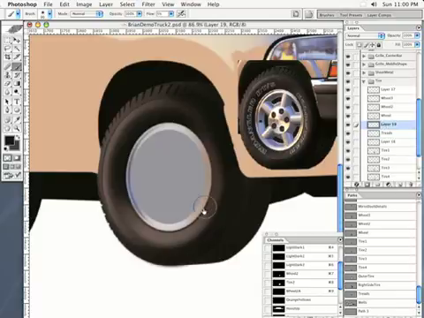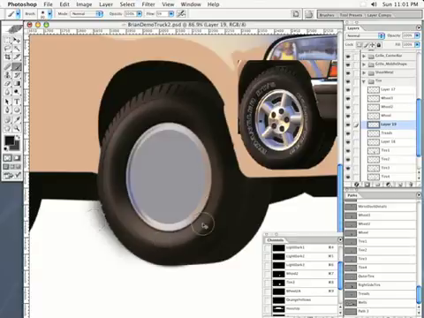I just need a little bit more of a definitive line right here, and then I need that line to come up a little bit higher right up in here. That's good. Right down in here, I need that to get a little bit darker as it works its way up here. Notice how I'm getting paint outside here. I don't really care. I'll actually delete that paint off of this file. And then let me get a little bit more darkness as it goes up in here. Okay, now,